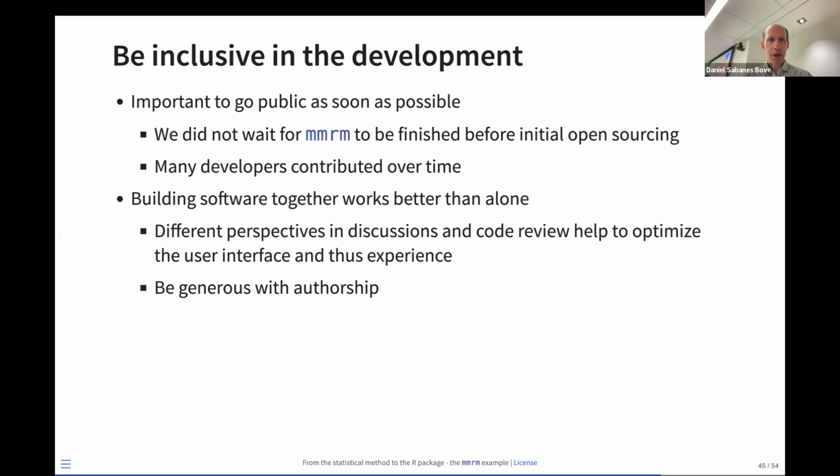That's a segue to this slide. I think it's important to go public with your idea and your package idea as soon as possible. For mmrm, we did not wait for this to be finished before the initial open sourcing, right? Basically, just after the initial prototype worked, I immediately open sourced this, and we started to work together, because then you can